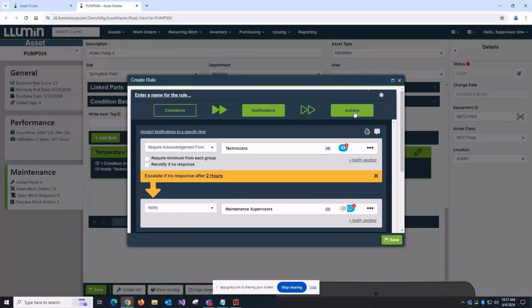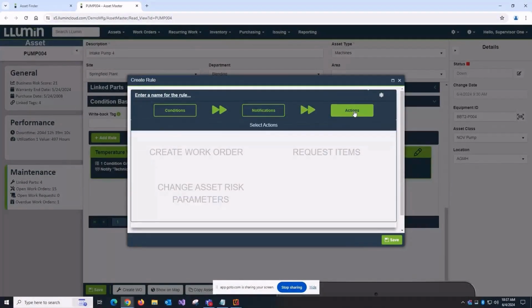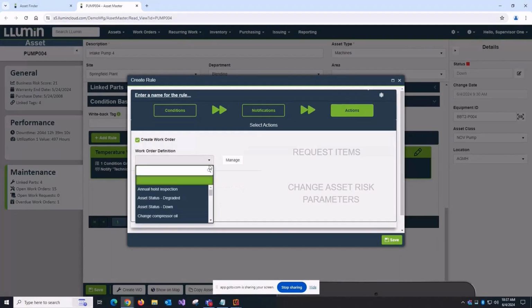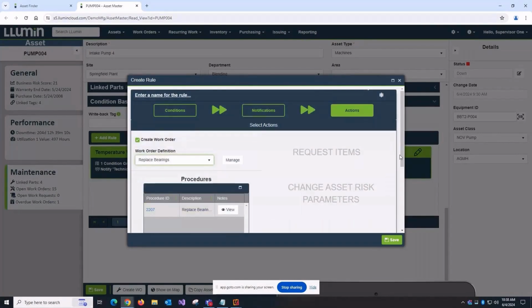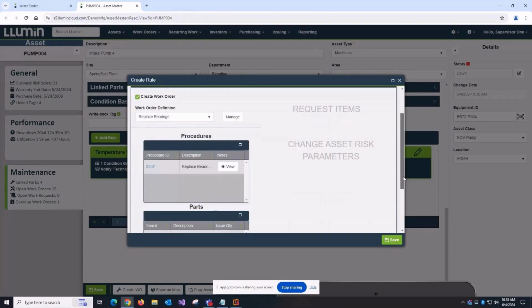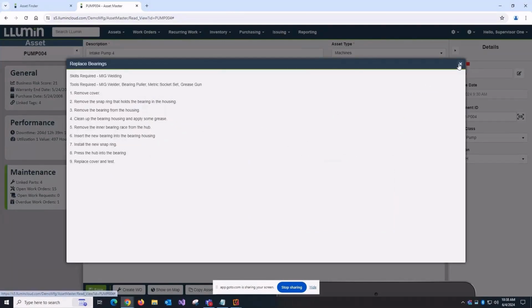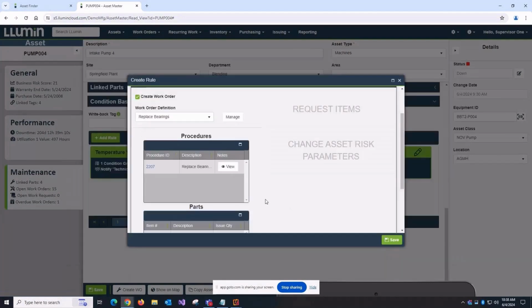And then finally, in addition to just letting people know that there is a problem, we do want the system to take some additional actions if this should occur. Specifically in this case, we're going to have it automatically create a work order. And if you know what the likely remedy is based upon the symptoms, such as in this case, rising temperature and vibration levels could be indicative of a bearings issue, you can have that work order contain the necessary procedures for resolving the issue, such as here our step-by-step procedure to replace the bearings on that model of equipment,